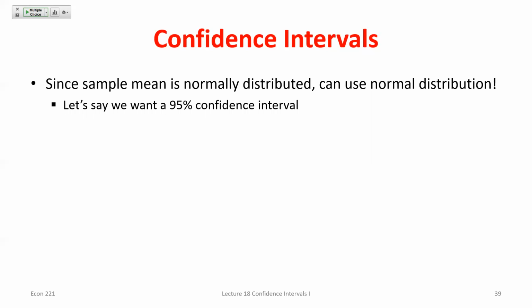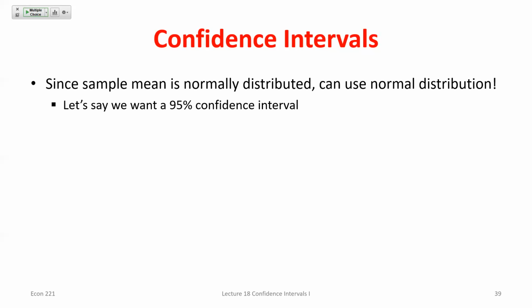I know that if I go out, not just one standard deviation, if I go 1.96 standard deviations to the left and right of that true population mean, I don't know what these values necessarily are because I can't observe the population. But if I were to go out 1.96 standard deviations, I know the area in these tails, or the probability of seeing something more than 1.96 standard deviations in either direction,